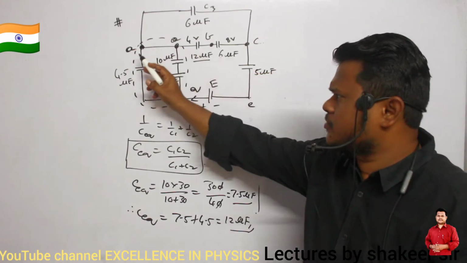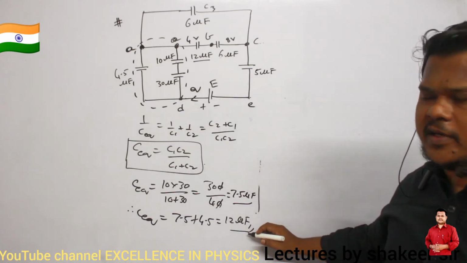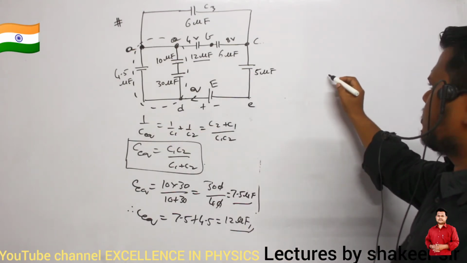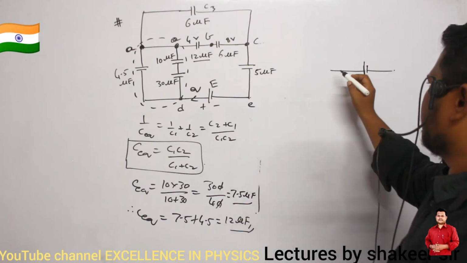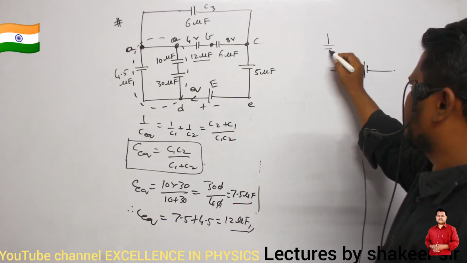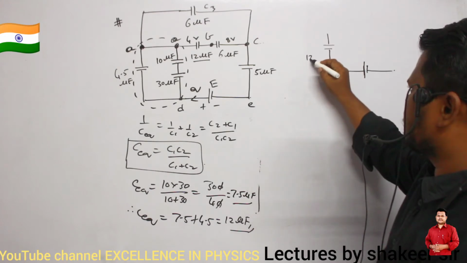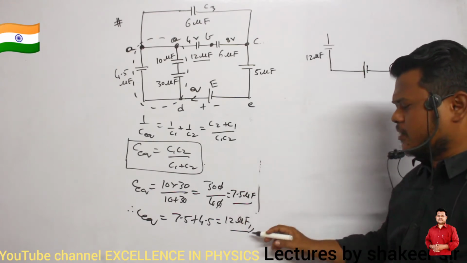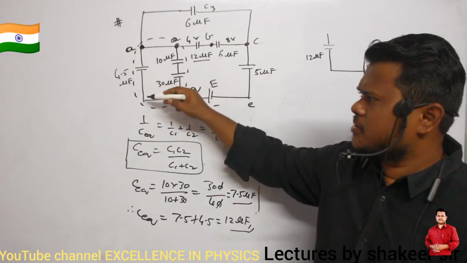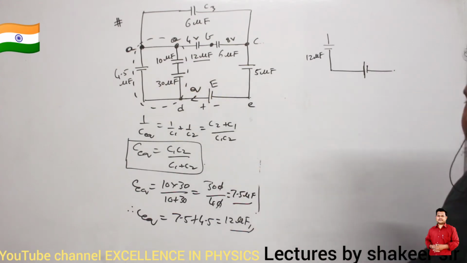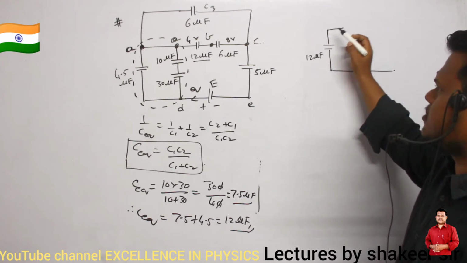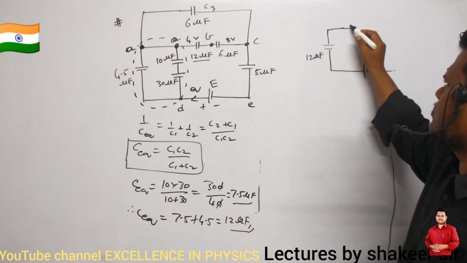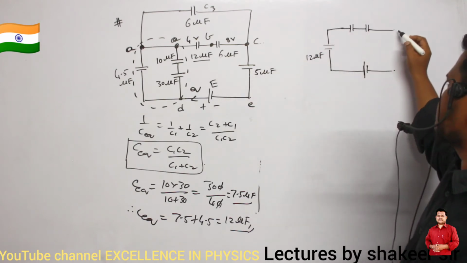Clear, ma? Instead of the total, I can write 12 microfarads, no? So therefore, how can I draw this diagram? I can draw the diagram like this. So this is the battery. Clear, no, ma? And between here, I have this 12 microfarads capacitor. Are you able to understand, ma? From where did I get this 12? This branch and this branch, they are in parallel, no? So the total equivalent capacitance, I got 12 microfarads. So to this 12 microfarads capacitor, 12 and 6, they are in series. Clear, no, ma? So I got up to here.